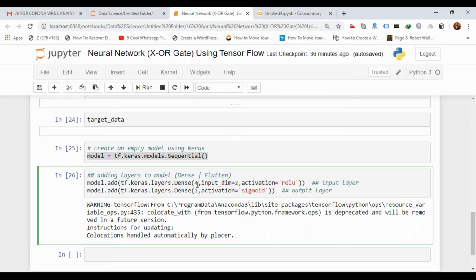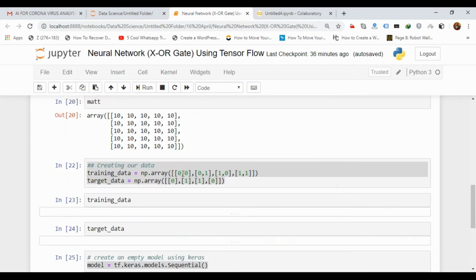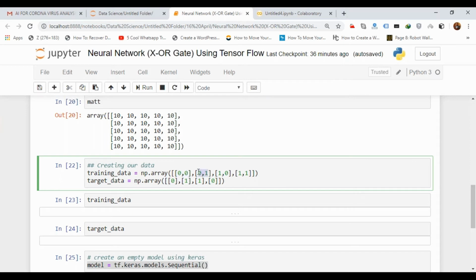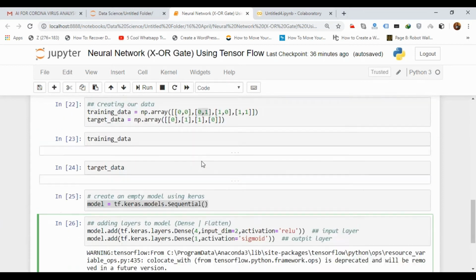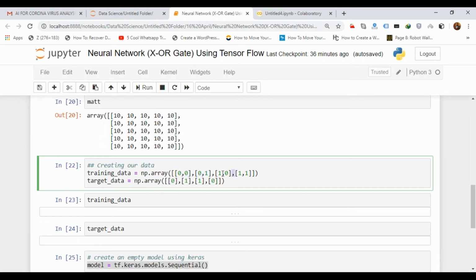Fine. So this 4 is what? The number of inputs that we are going to pass. And as the input has a dimension of 2, you can see this is a 2-dimensional input, right? That's why we are using input dimension equal to 2. And the activation function that we are going to use is the ReLU function. Here you can take any function you want. But I told you this gives us a good accuracy. That's why I'm taking ReLU or sigmoid. You can reverse it also, no problem. Fine. This 4 is the number of inputs that we are going to pass. This one. 1, 2, 3, 4.